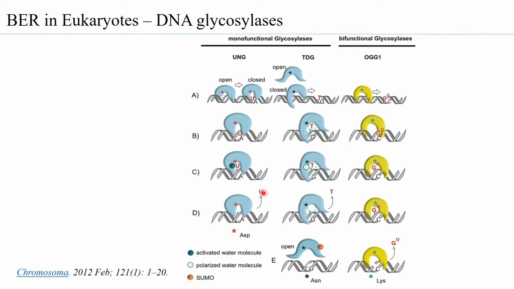With the break of the glycosidic linkage, the uracil is removed and goes away. The active site in the UNG has an aspartate, and the aspartate is able to interact closely with the opposite